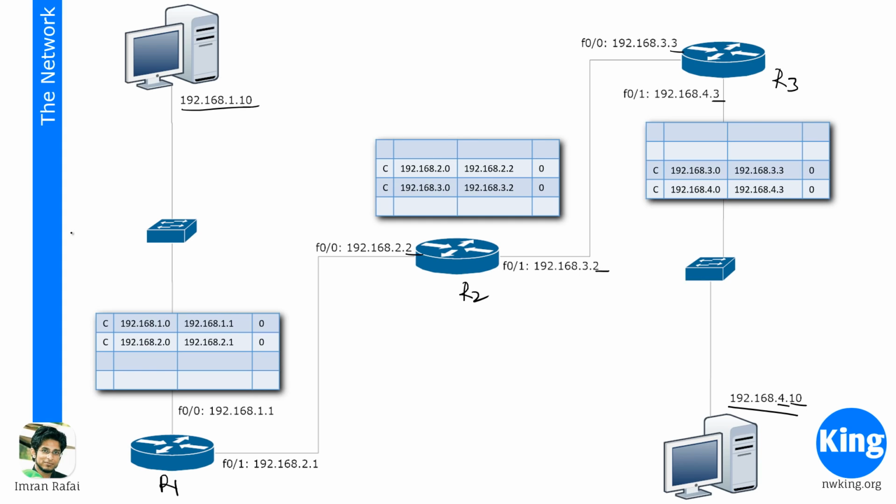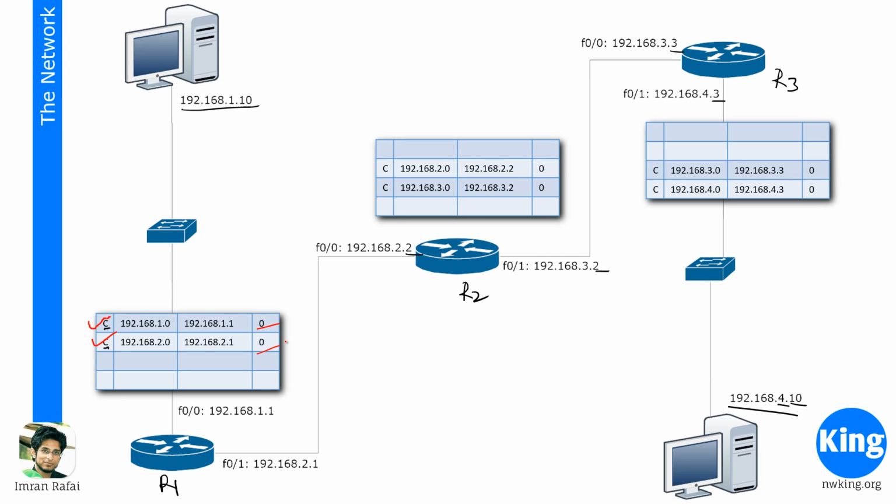That means in the routing table you will have C and C, both of them connected, and they will have a hop count of 0,